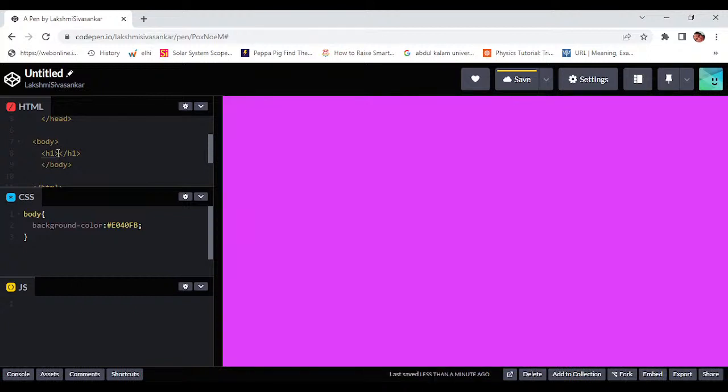Now what should be the heading? Enjoying the vacation. So you can see whatever I am typing is coming on the screen, but I want it towards the center of the screen. So to keep it to the center, we need to align it to the center, and